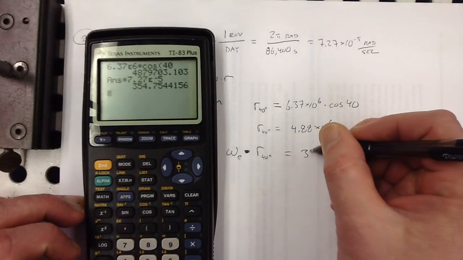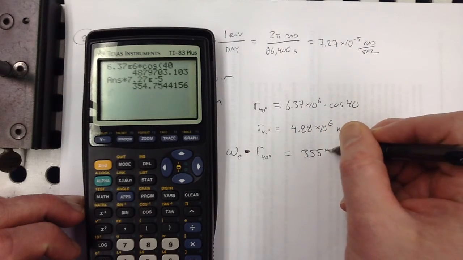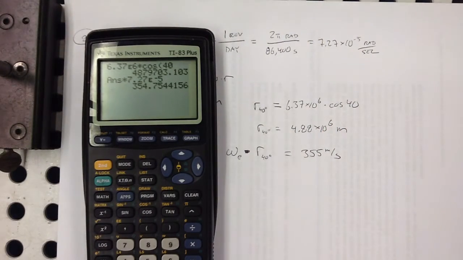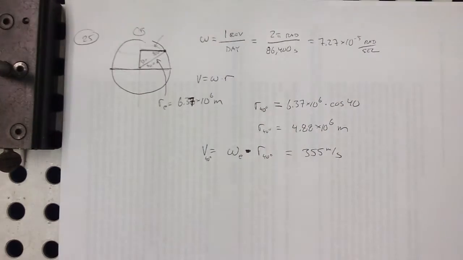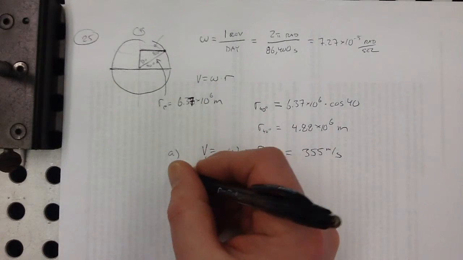So about 355 meters per second. I know it's meters per second because I have everything converted to SI units here. I think that's part A, and then part B